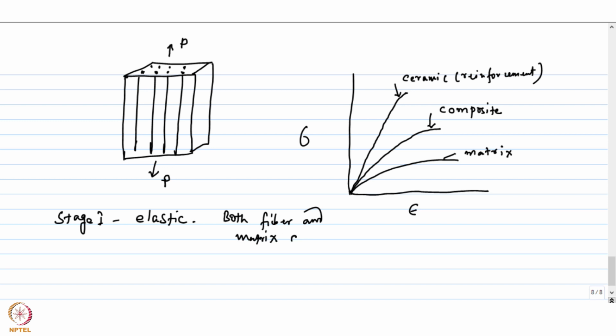Both fiber and matrix deform elastically. So that is stage one. If you look at the stress strain curve of the composite, that is the straight line portion or the elastic portion. So that is stage one. And then as you increase the load, it enters into stage two,